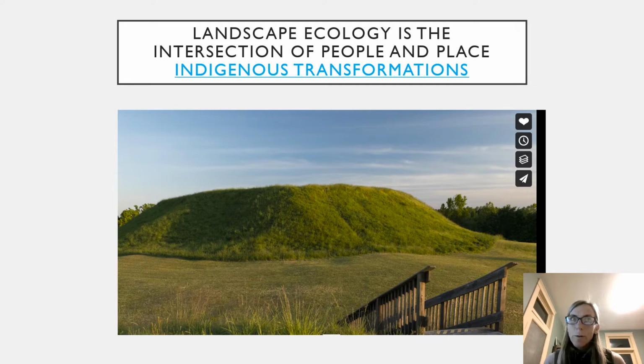So when we consider which properties to add to this, we're often considering the cultural values. Where do we have important, intact cultural resources that might be important to the tribes, as well as the ecological values of a particular property. So these are concepts of landscape ecology that play out day to day in the realm of land conservation.